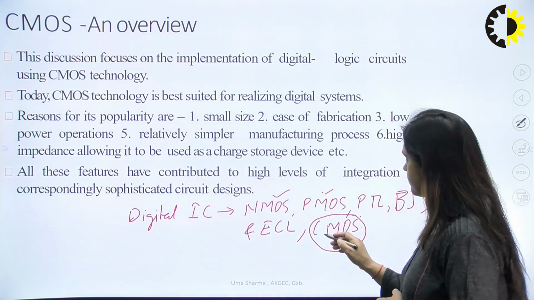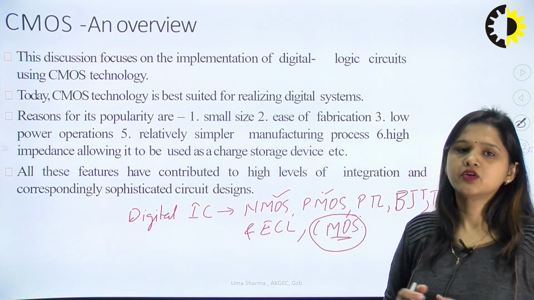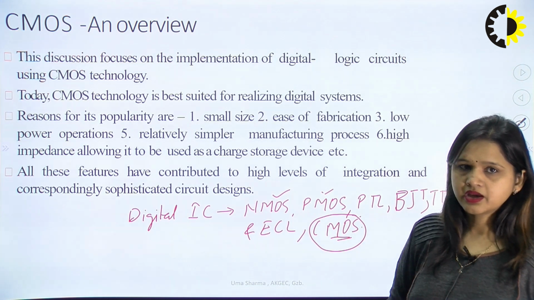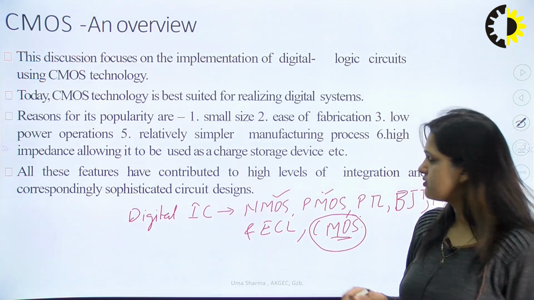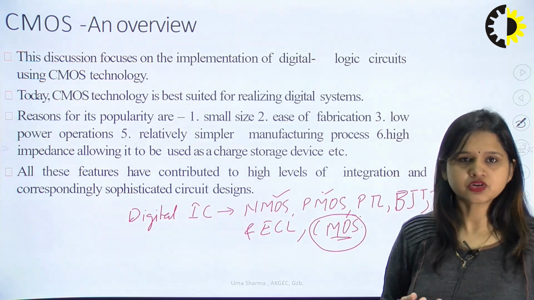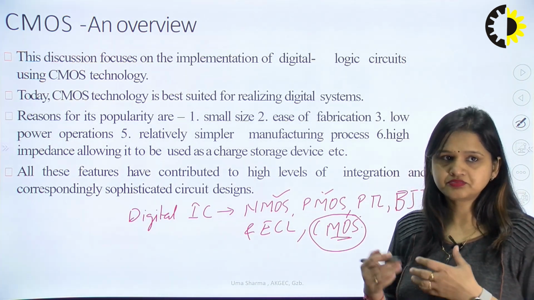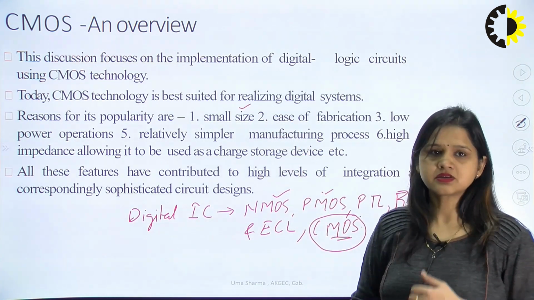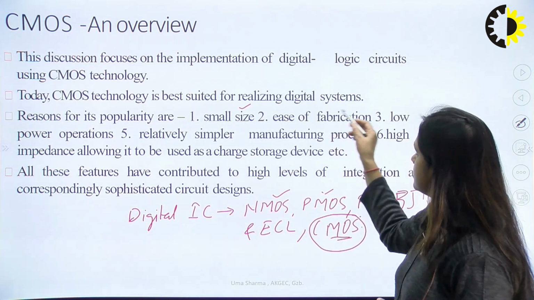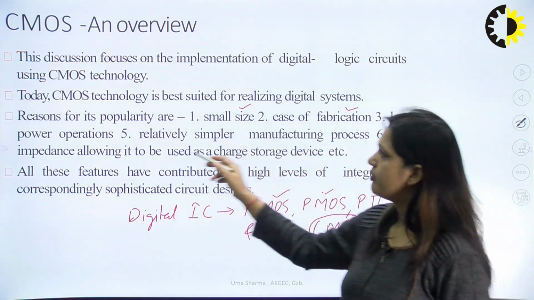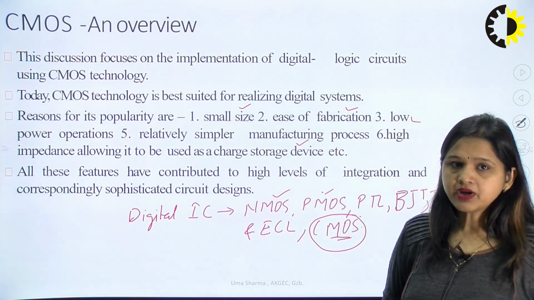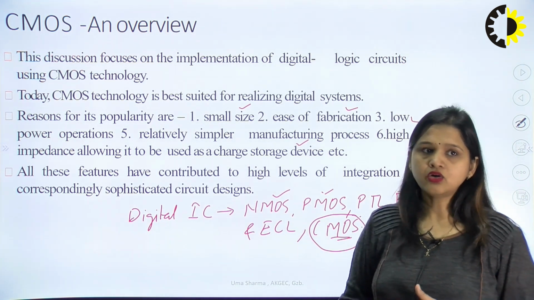Basically, CMOS is complementary metal oxide semiconductor, where NMOS and PMOS transistors are used and they are connected in a complementary fashion. That is why it is known as complementary MOS transistor. This technology is best suited for the realization of digital systems because it has a very small size, meaning the size of CMOS is very small as compared to NMOS, PMOS, and other technologies. It is very easy to fabricate, having low power operation. It has relatively simpler manufacturing and high impedance as compared to other technologies, which allows us to use this technology for